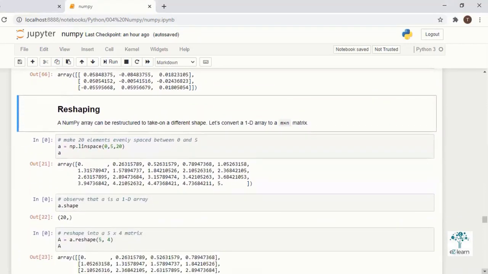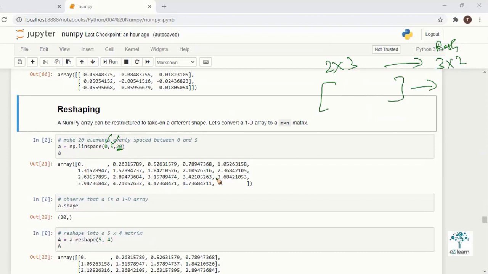Now reshape. We have a dimension of 2 cross 3. If you want to reshape it to 3 cross 2 or something, we can do that. That is called reshape. Here we are using linspace, with 0 as the minimum and a max value, between which 20 items are generated, an array of 20 numbers.